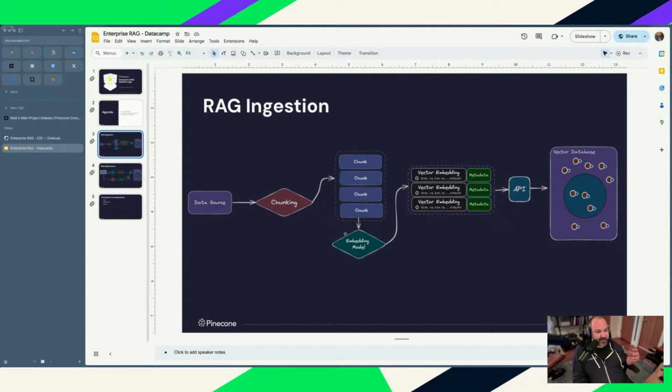Then we take each one of these, again, semantically coherent chunks, and use an embedding model to embed them, and produce the vector embeddings from those. And we're going to associate each of these embeddings with a piece of metadata that's going to help us down the line when we want to produce a response and give back some sort of indication as to where the response came from. Then using the Pinecone API, we upsert all of these into the vector database,